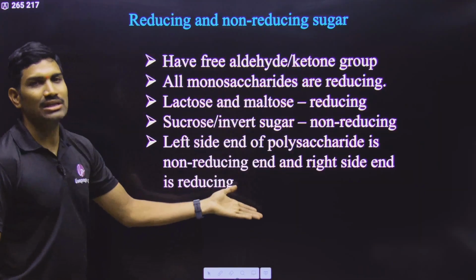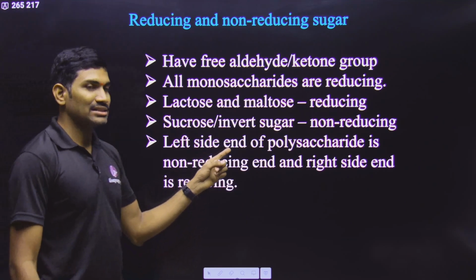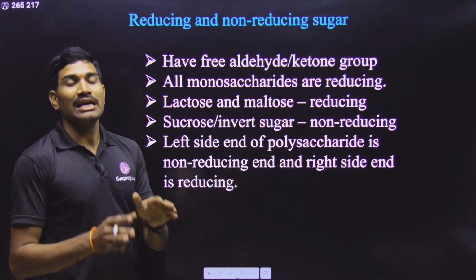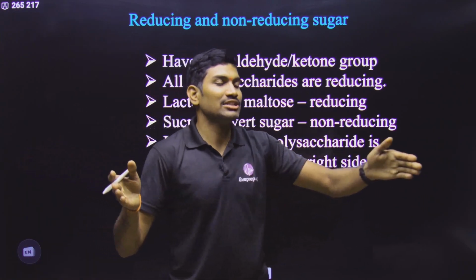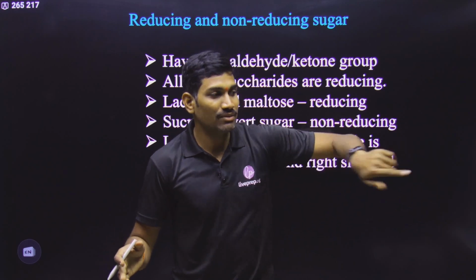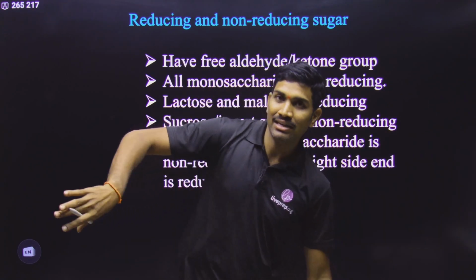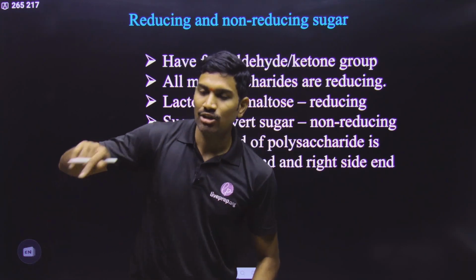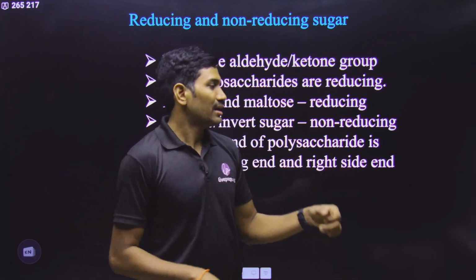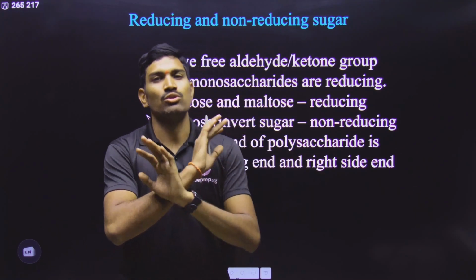The same thing I have written here. In the next lecture you will understand this particular sentence, because in the next lecture we will study polysaccharides. In the polysaccharides, many units are attached to each other. At one end, a free carbonyl carbon is present, that's why that end is called the reducing end. On the other end, the carbonyl carbon is not free, so that end is called the non-reducing end. But regarding this, I will explain once again under the polysaccharides, so don't worry about this.